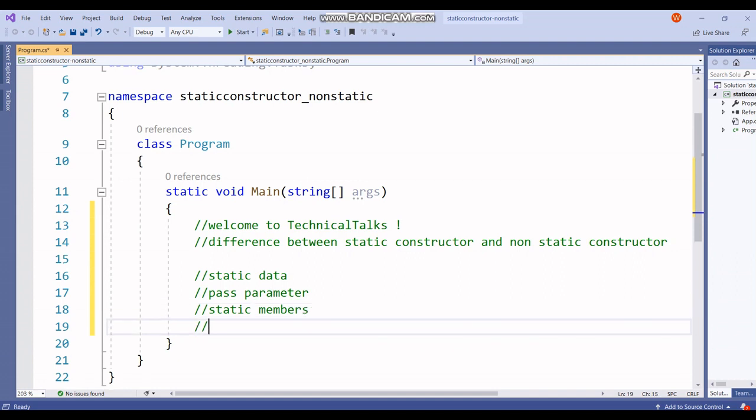And static constructor doesn't have access modifiers, for example, public, private and protected. So this is something about static constructor.